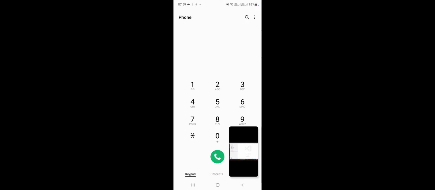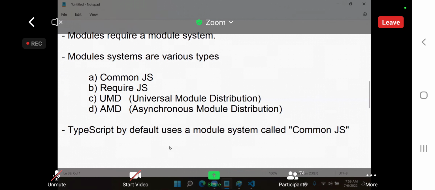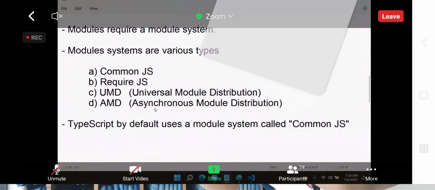Now, what is a module? A module is nothing but a collection of